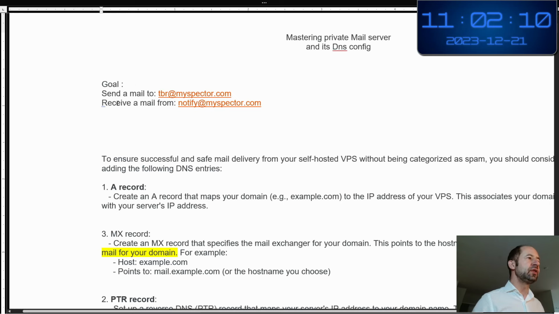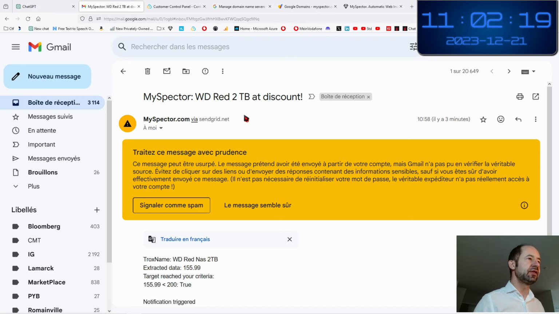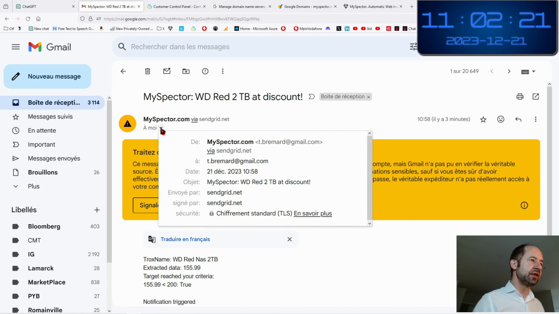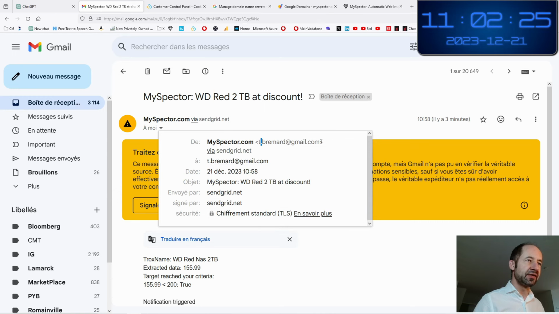Also, what I want is to be able to receive, as a customer, an email from notify@myspector.com. So when I look at the details here, this has been sent from my email and via SendGrid.net, and this will be changed.